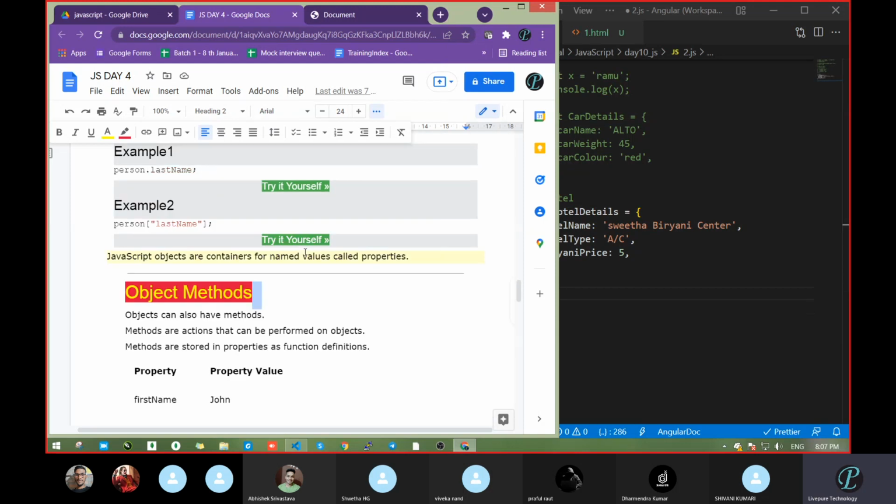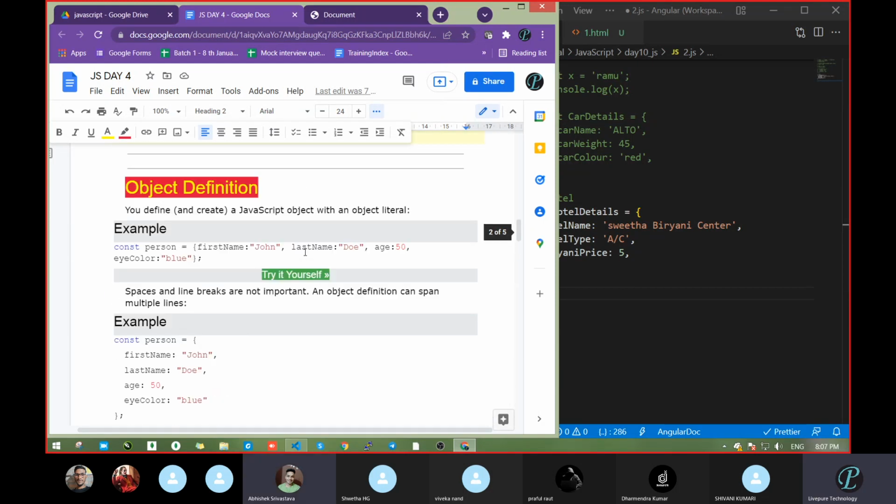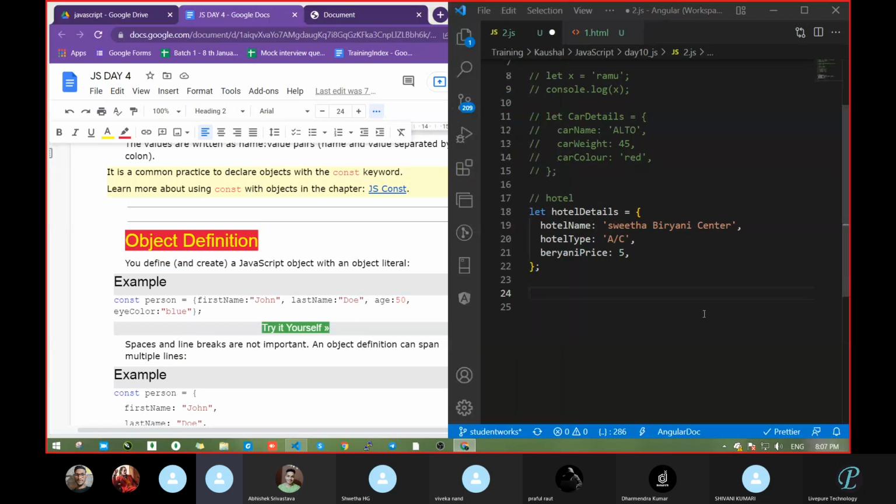Fine, go next. What example are we looking at here? This is the properties of the hotel. This is your object, correct? Yes, sir. These are your properties, because this many things they are doing: name, type, and so on. As in the case where we had taken document dot